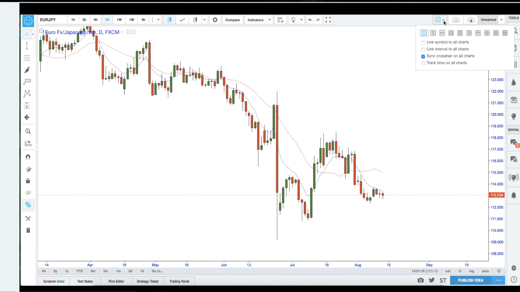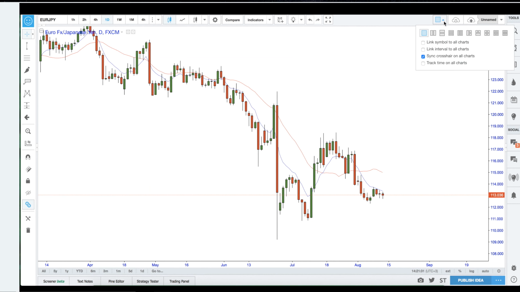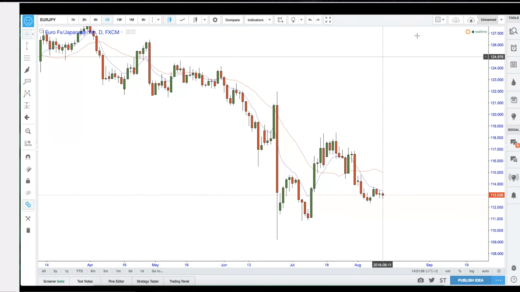So this tab up here. Now we have options as to how many charts. Oh, I can't do it on here, but basically how many charts we want to individualize. Okay. So what I need to do on this is obviously sign up for the trial and stuff. So I might have to just log into my other TradingView just to show you this feature, which I'm going to do now. But anyway, before I do that, we have boom, just one chart. Then we can go side by side. We can go on top of each other. We can have three horizontally, three in a vertical fashion, and so on. I'm going to go ahead and show you how to set that up in a moment.